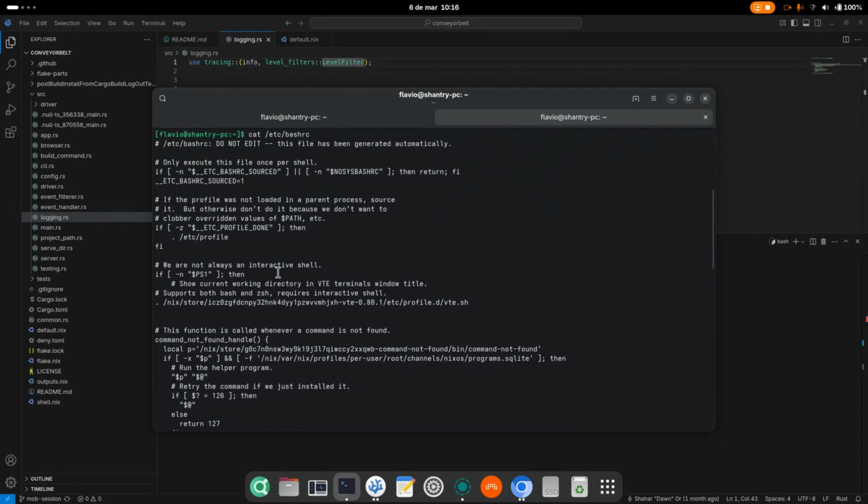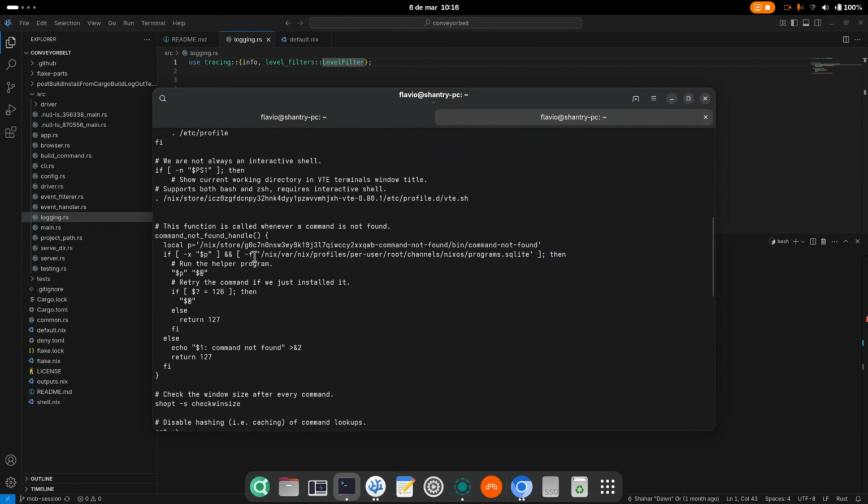One of these things here should be command-not-found. See that? Command not found. It's command not found. So the question is,